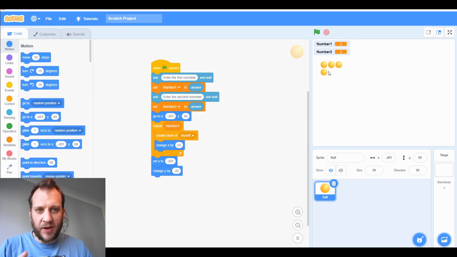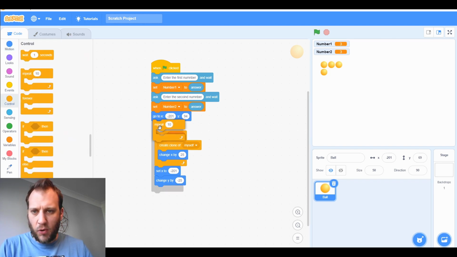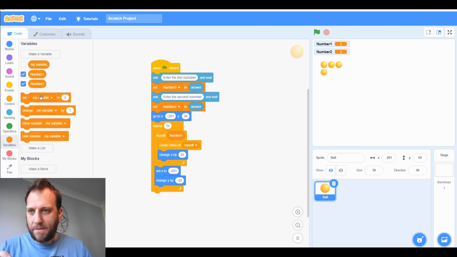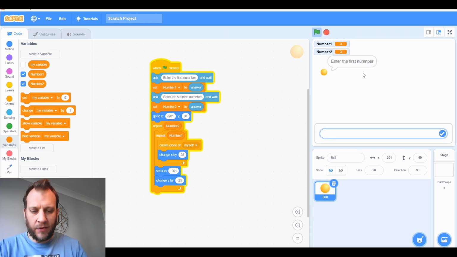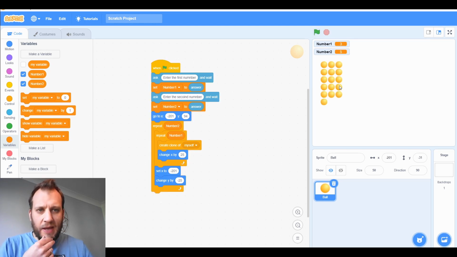So I've got the start of my next 3. Now if I get a repeat loop and say, right, repeat that whole process, but just for the number of times that they put number 2 in, will this work? Let's see. So let's do 3 by 5. Okay, yes, it has worked, but then right at the end, I've still got my original sprite,